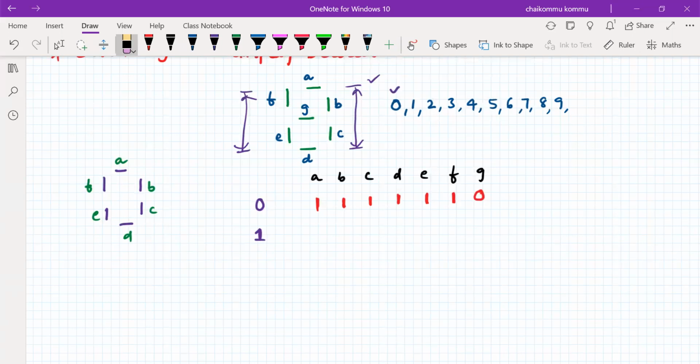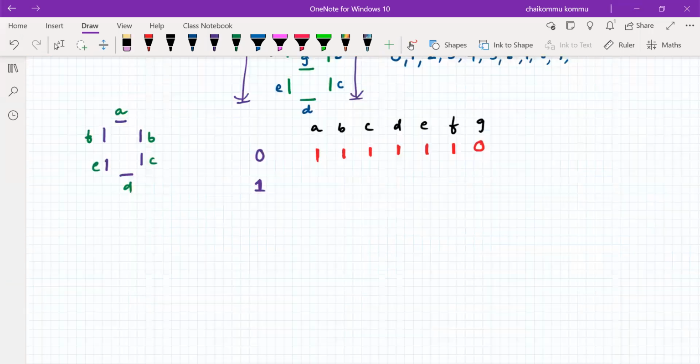Okay, B and C will be on, remaining all are off. Something like this. For example, 1. So that means I want to switch it on for B and C. For the remaining, all things will be equal to 0. So therefore that's how we can write. A must be 0, B must be 1, C must be 1, remaining all are zeros.